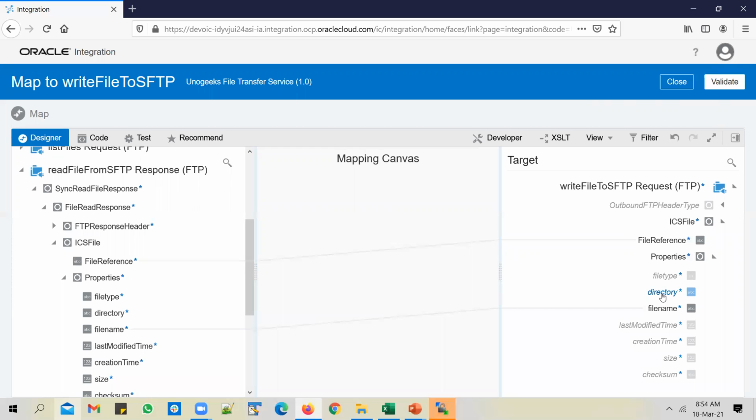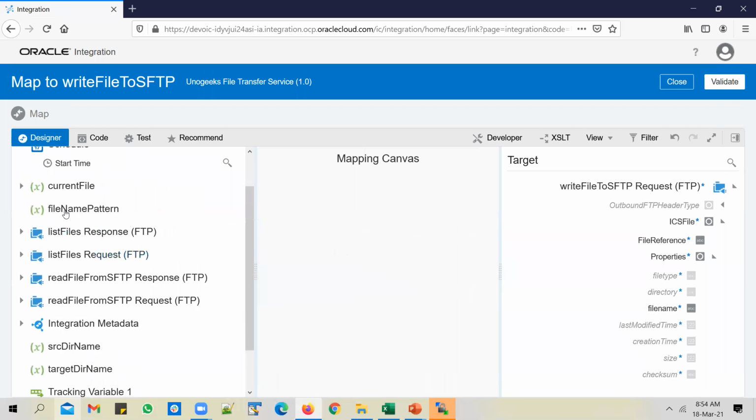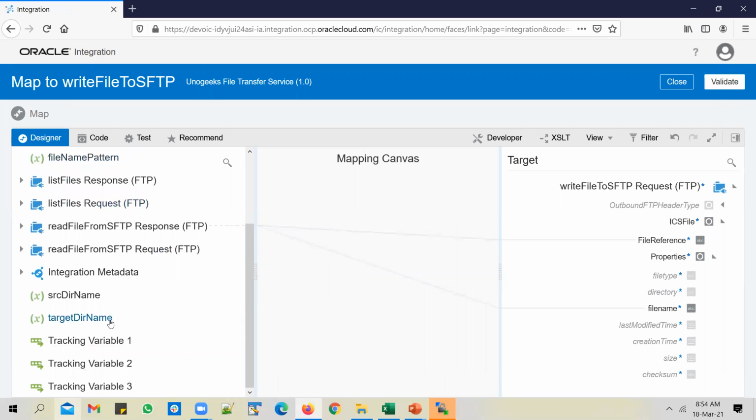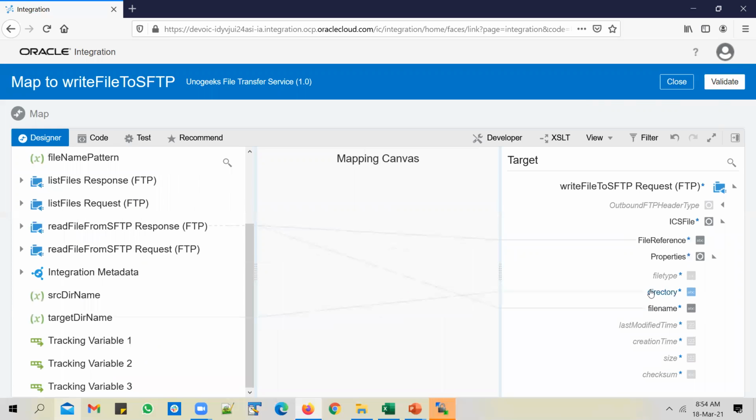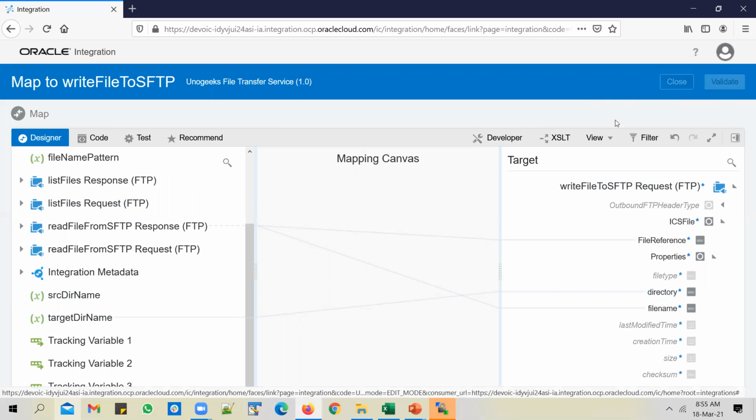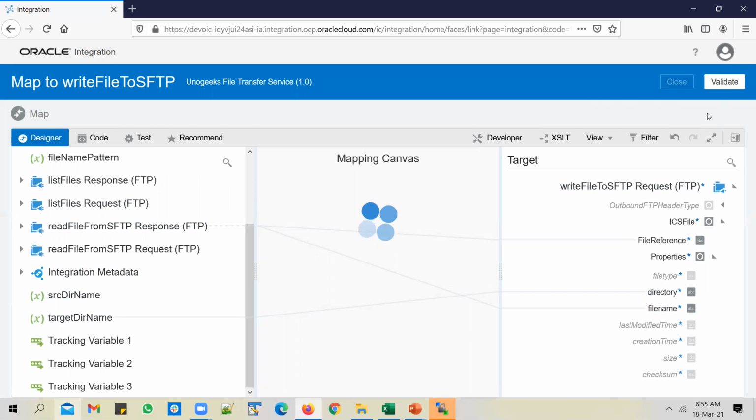Which directory do you want to write this to? The output directory, right? So select the target directory name and map it to the directory. We were reading the file from the source directory, and we are now writing it to the target directory. Validate it.